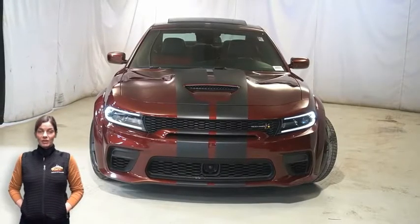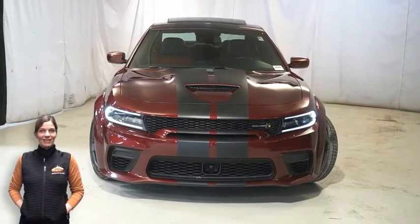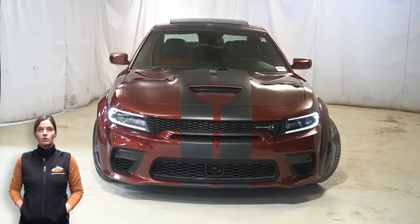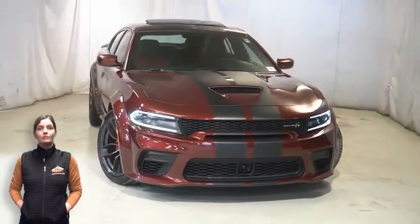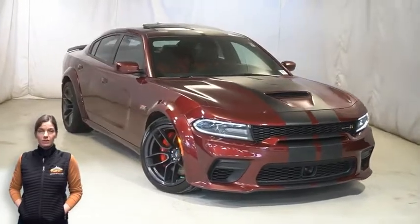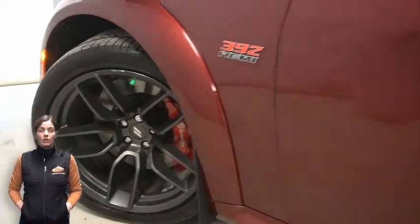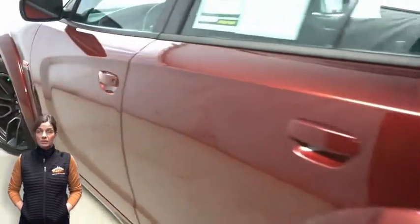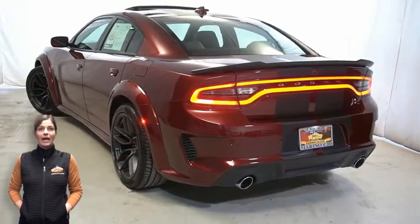There's only one vehicle that blends classic style and modern design to create the next generation of an icon. Take a look at this 2020 Dodge Charger Scat Pack in Octane Red Pearl. With bifunction HID projector headlamps, front fog lamps, 20-inch aluminum wheels, BREMBO 6-piston front brakes, rear sport spoiler, LED tail